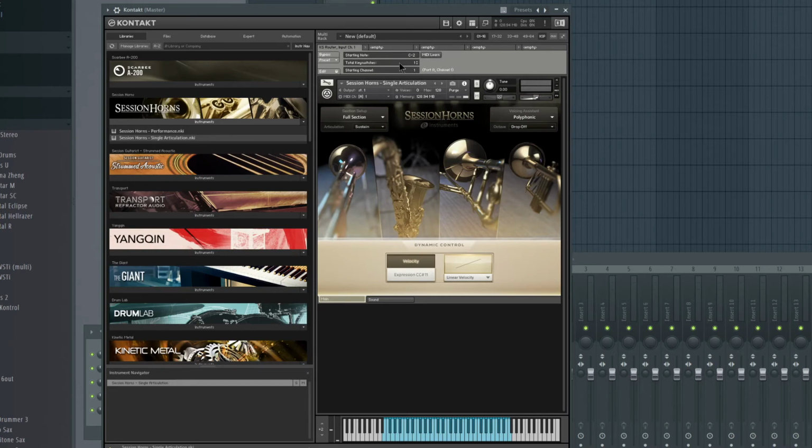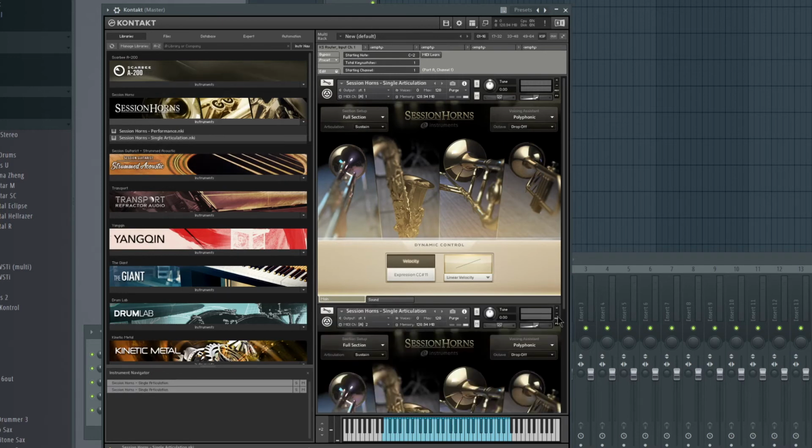And right here you can see we have a starting note, total key switches, and starting channel. Pretty much I'm going to add a second instance of Session Horns in here. The first one's going to be sustain. The second one I'm going to set up as a rip so that it will be obvious which one we're